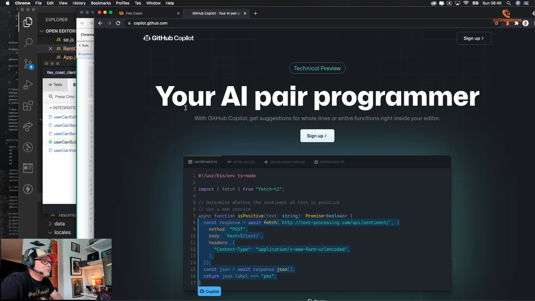It's a pair programming partner powered by AI, and everybody's throwing AI around and saying that they power this stuff, but it does work actually, and it learns and picks up stuff.